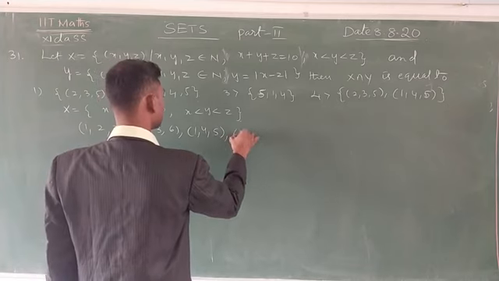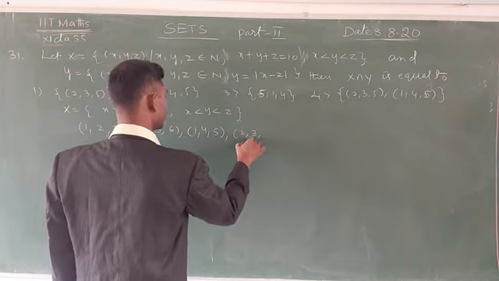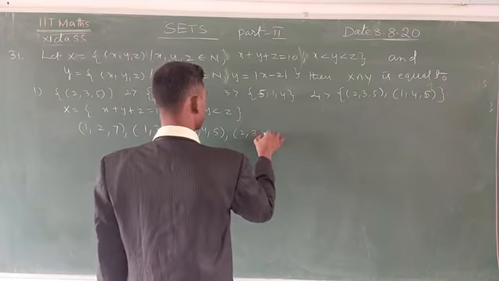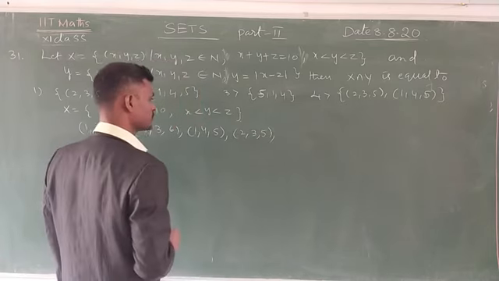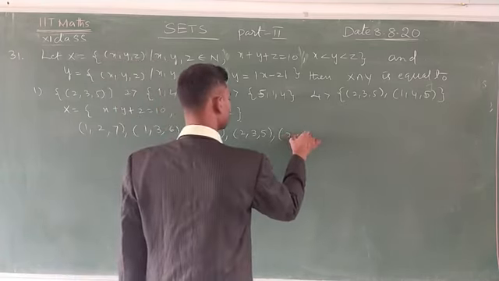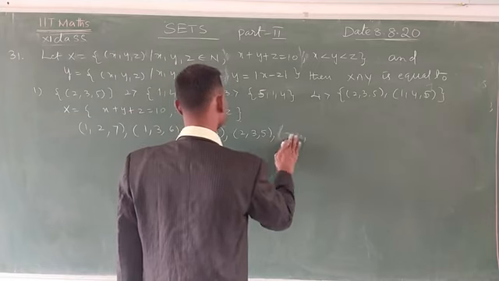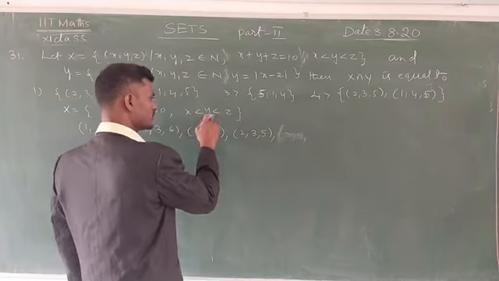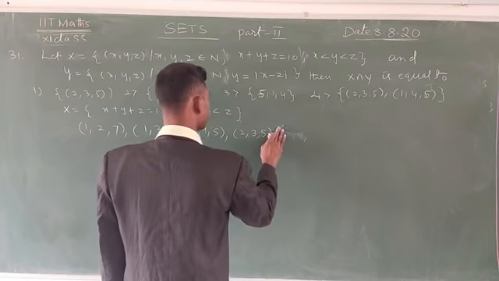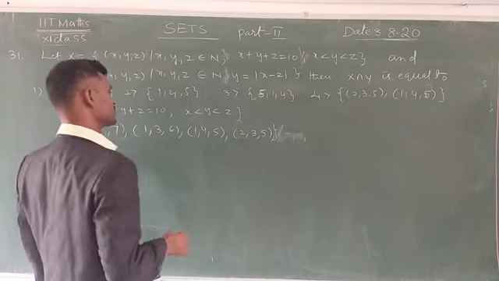Now 2 you can take here. 2. Next 3. 2 plus 3, 5. 5 plus 5, 10. Now 2 plus 4, 6. You can take here 2 plus 4, 6. 6 plus 4. This is not possible. Why? Because x is less than y is less than z. Then not remaining any other numbers, also not possible.